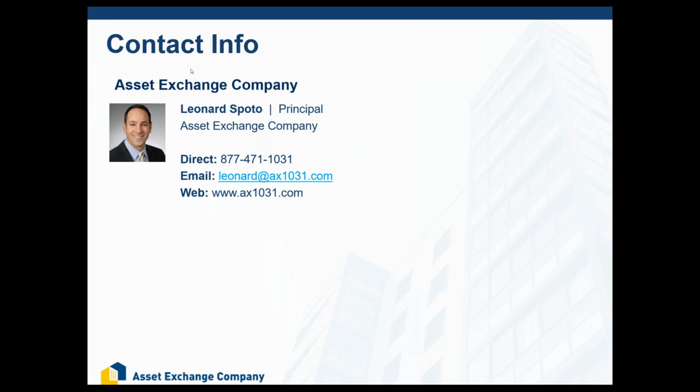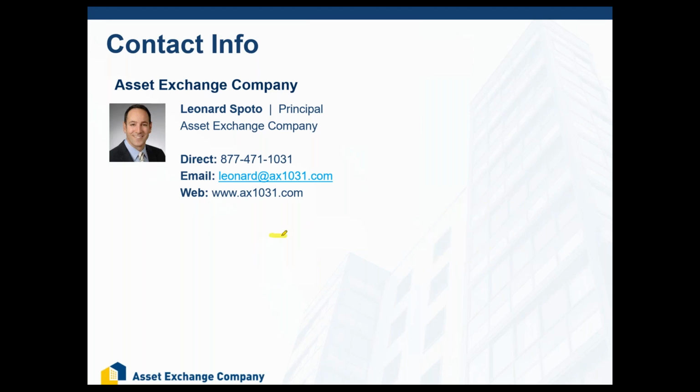Antonia wants to know if you can buy with a partner. Absolutely. Here's how buying with a partner works. You sold a property for $500,000. You need to own $500,000 worth of the new property. So if you're buying a $1 million property with a partner, you can each own 50%.